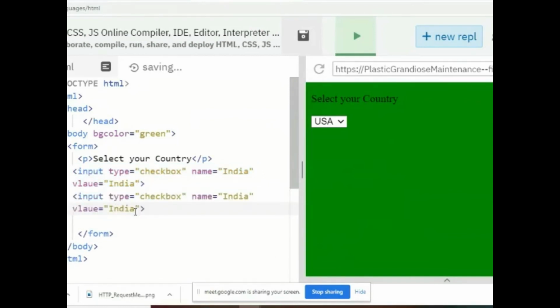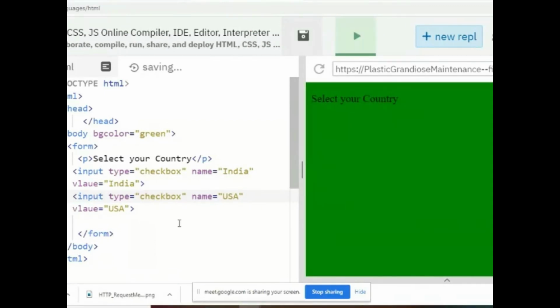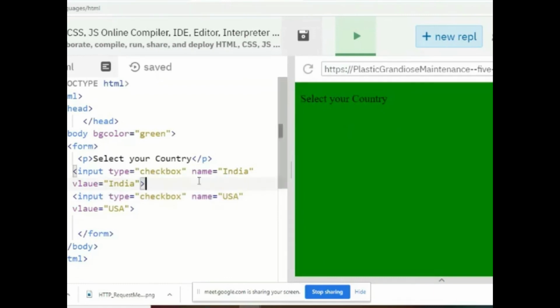There is a spelling mistake in the attribute, so you are not getting it.